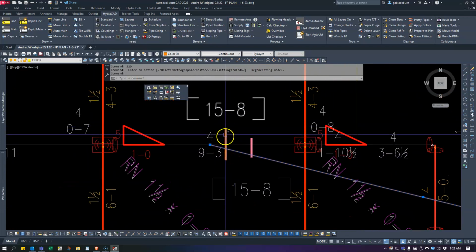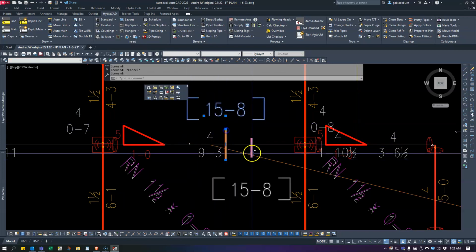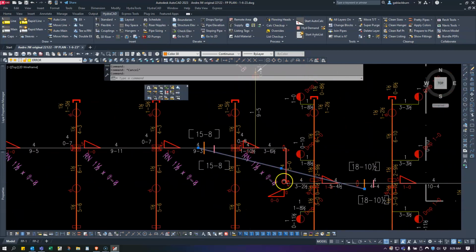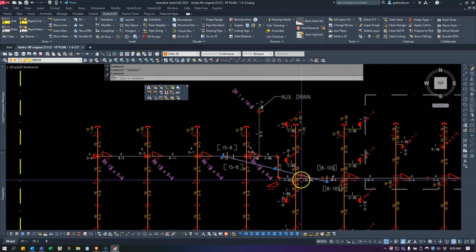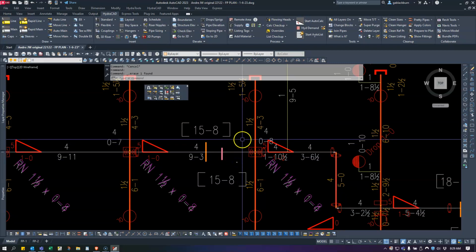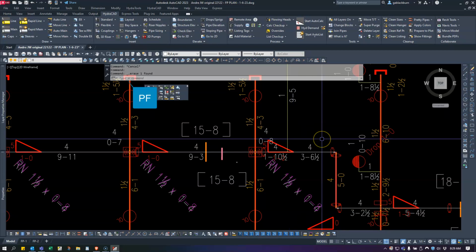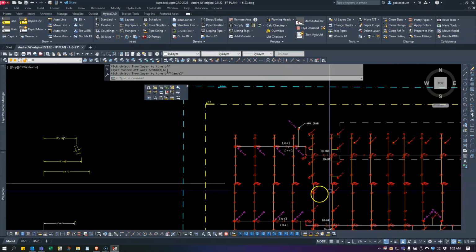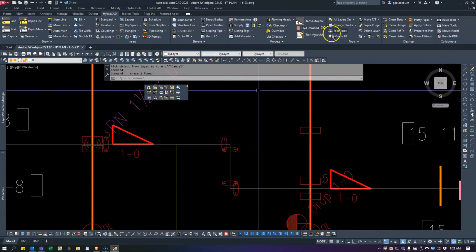So again, it should have drawn a def line from the midpoint of this pipe to this orange tick, and it didn't. It drew the orange, the FDEF line over to this elevation marker. So already, again, we know there's something up here. So I'm going to delete that. I'm going to PF on my that, and then I'm going to erase this def line, and I'll draw a new pitch,